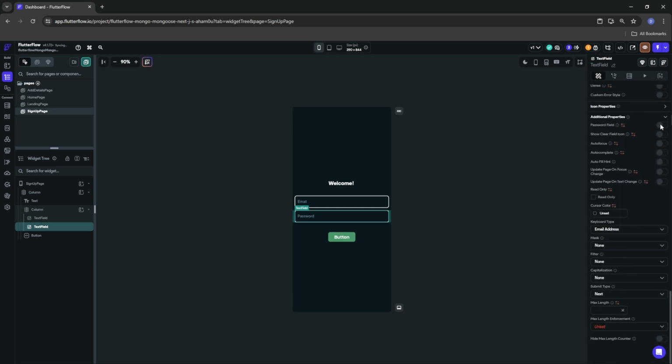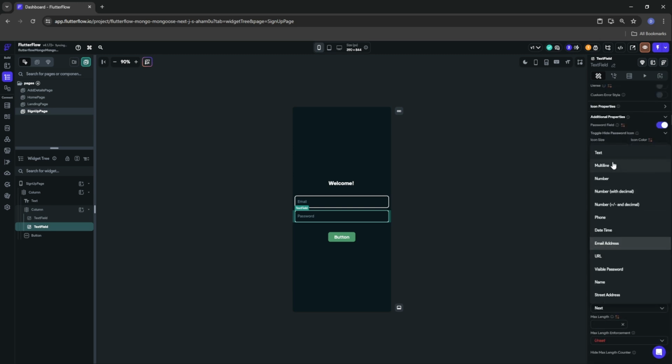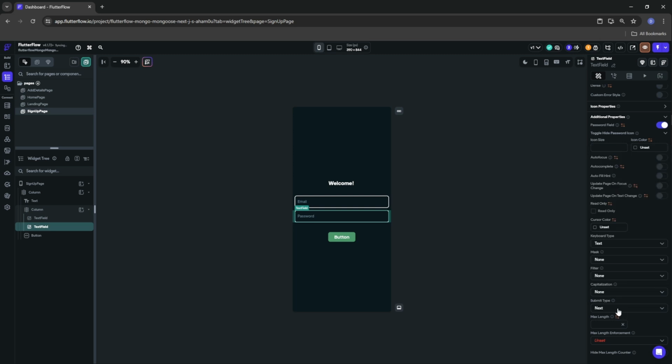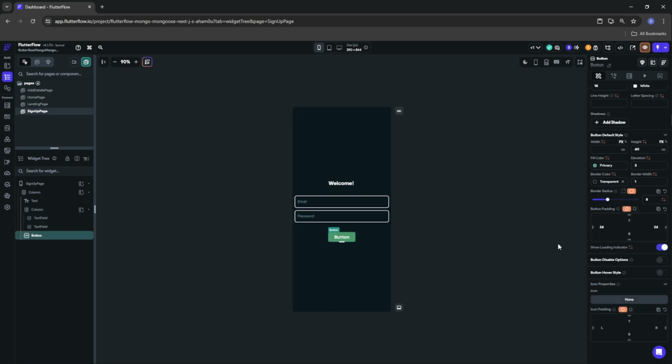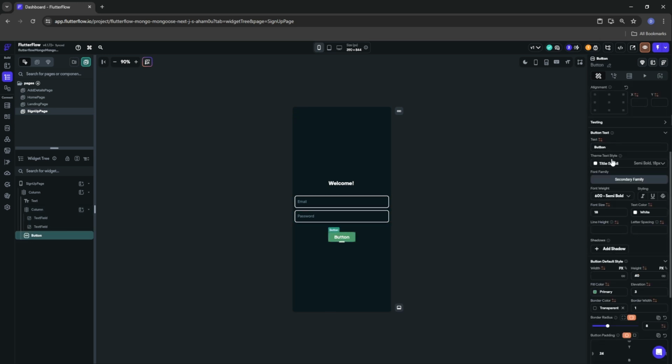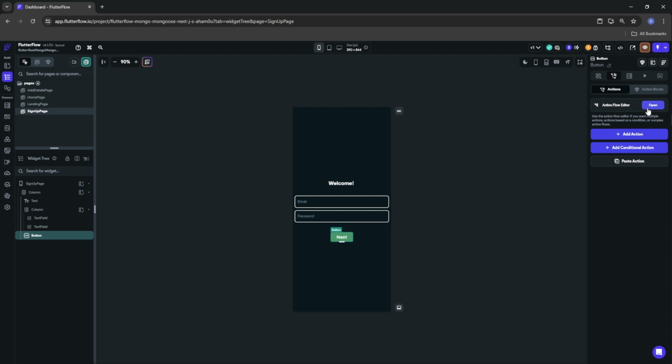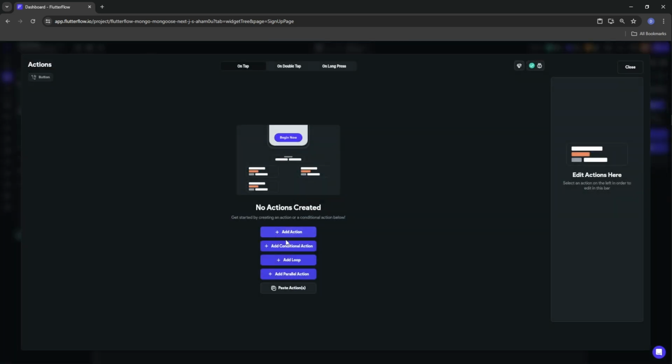We can say this is a password field. Text. Next, that's fine. Okay. And then next. Just like that. Now on this button, we need to do an API call, which would be to create our